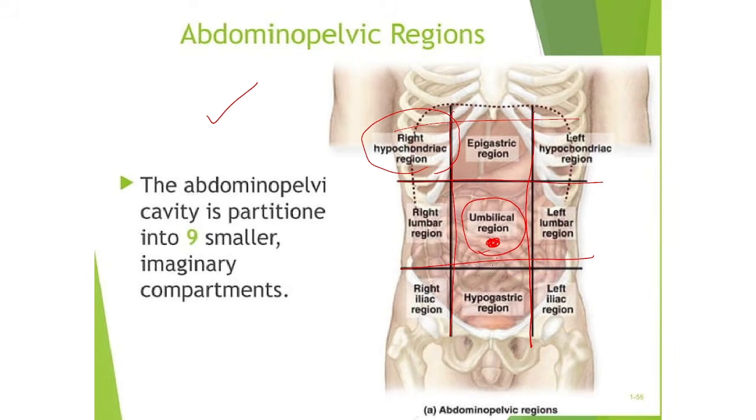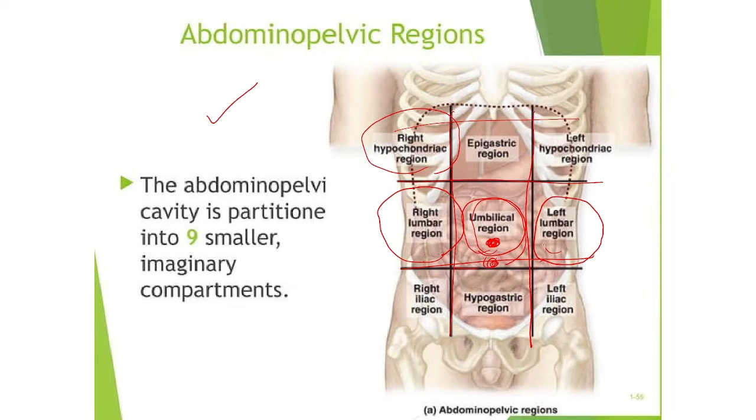The same way, this is the lumbar region also. Lumbar vertebrae will come in this region, at the back of the umbilical region. So the right side of the umbilical region is known as the right lumbar region, and the left side of the umbilical region is known as the left lumbar region. Understood? The center portion is the umbilical region, and the right side is the right lumbar region because it is near the lumbar vertebrae. Next, the left side is the left lumbar region.